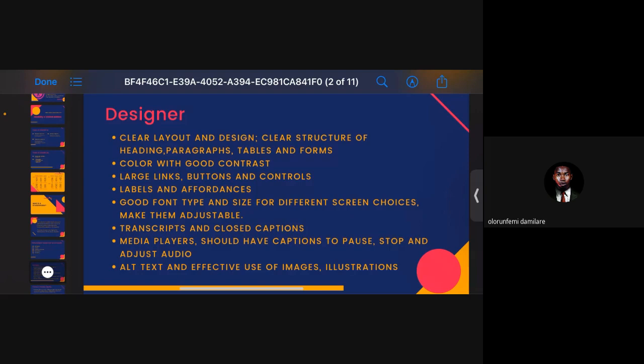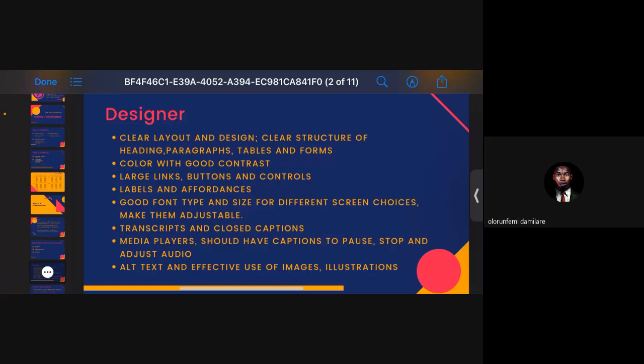Another thing is color. It doesn't just have to shine like this. My slide now is looking colorful and all, right? Because people that are blind cannot see your beautiful colors. What is important is they should have good contrast, right? Okay, saying people are blind is extreme.